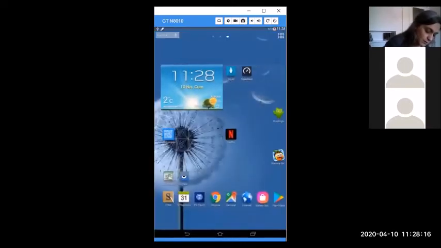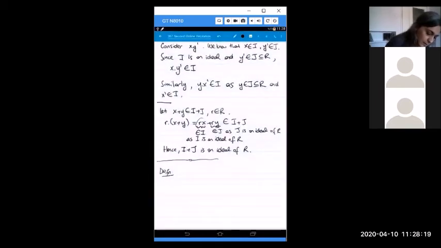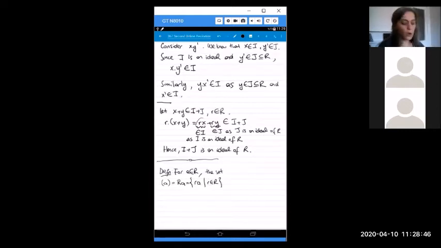For a in R, of course, R is a ring, the set denoted by this one or this one, Ra, consisting of all elements r times a, where r is running through all elements of R, is called the principal ideal